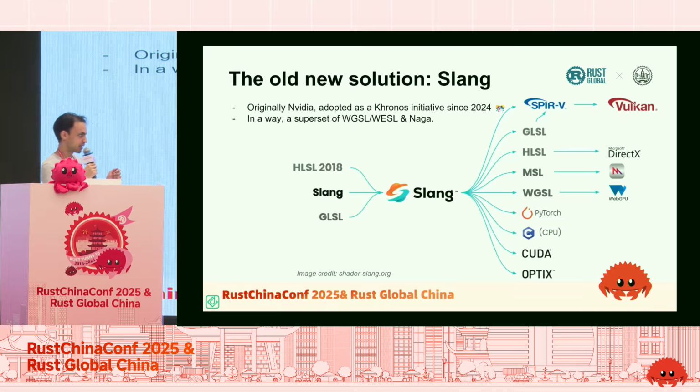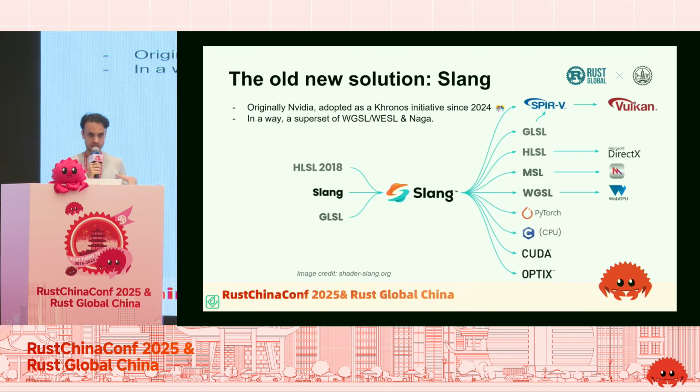So what is Slang? As you can see here, Slang is at the same time a shading language for the GPU, as well as a compiler for that shading language. On the left-hand side here, you can see the inputs. So it's the Slang shading language, but also HLSL and GLSL, but these are mostly for compatibility with existing code bases. What you really want to do if you are writing new code is to write your code in Slang directly. So you give these shaders as input to the Slang compiler, and what it will do is convert all of these into your platform-specific